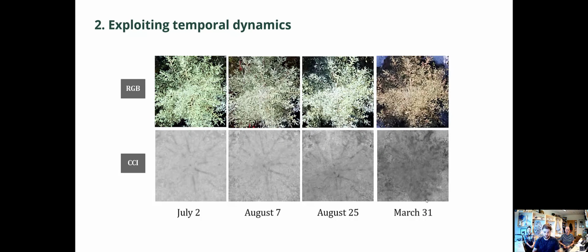In addition to those different types of metrics, we can also look at temporal dynamics in a single metric. So we've undertaken a longitudinal study at a single site in the interior of British Columbia to look at the differences in spectral indices across time. So trees are not static in their foliage, and they react to drought stress, favorable conditions, and cold, as well as a phenological cycle. So the question is, can we use